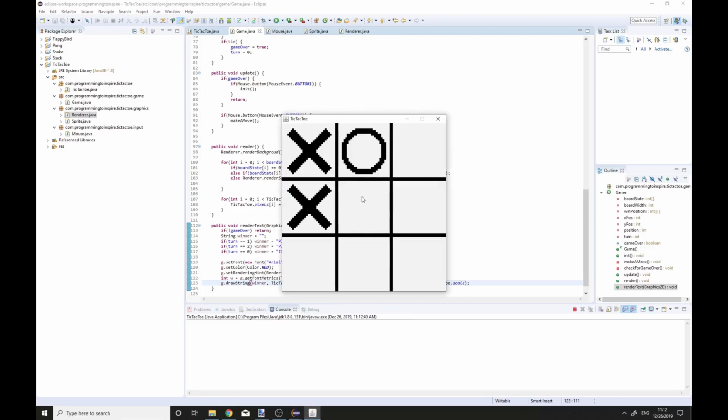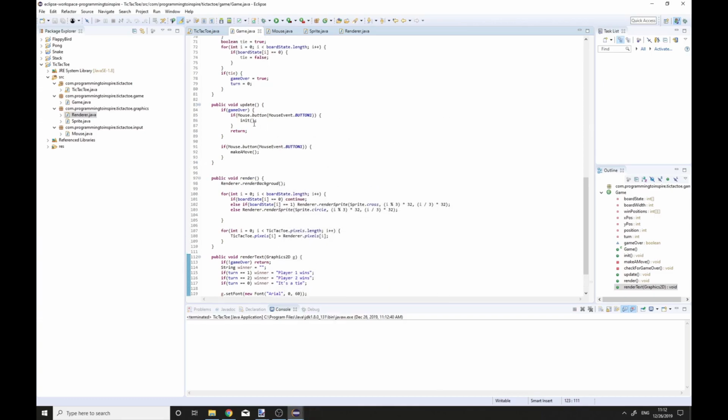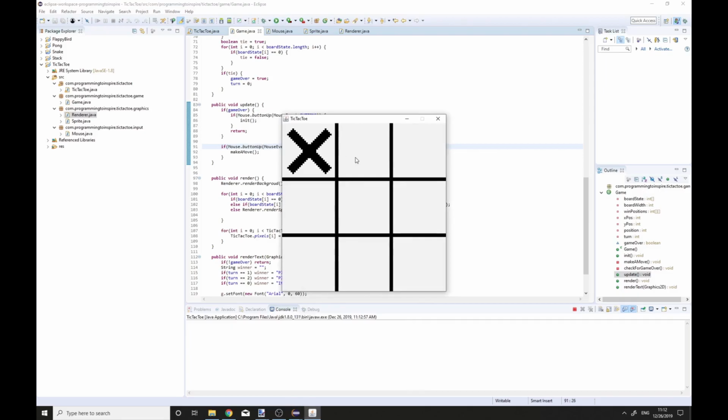Now let's try it. So it flashes, because here we have to make a button up, and here as well button up. So we only, now it should work. Player 1 wins, player 2 wins, and